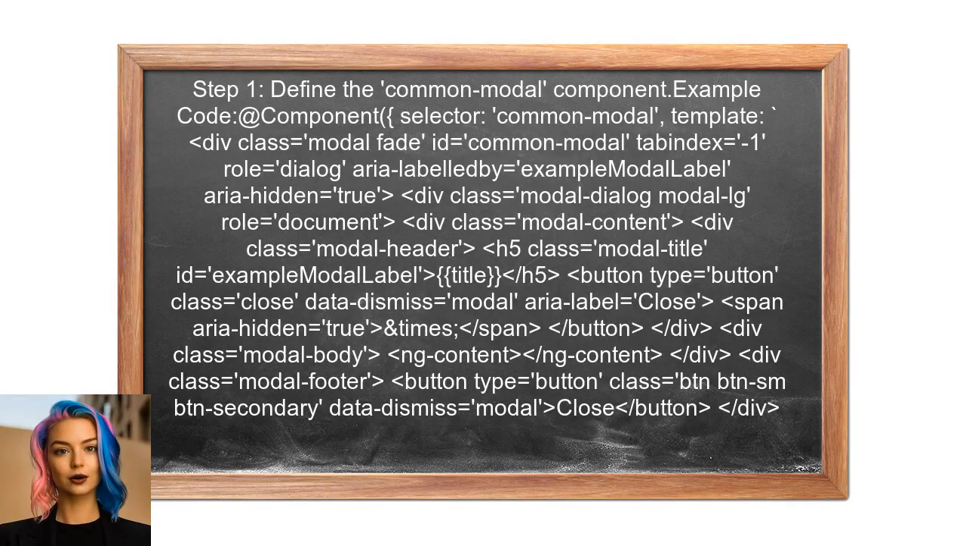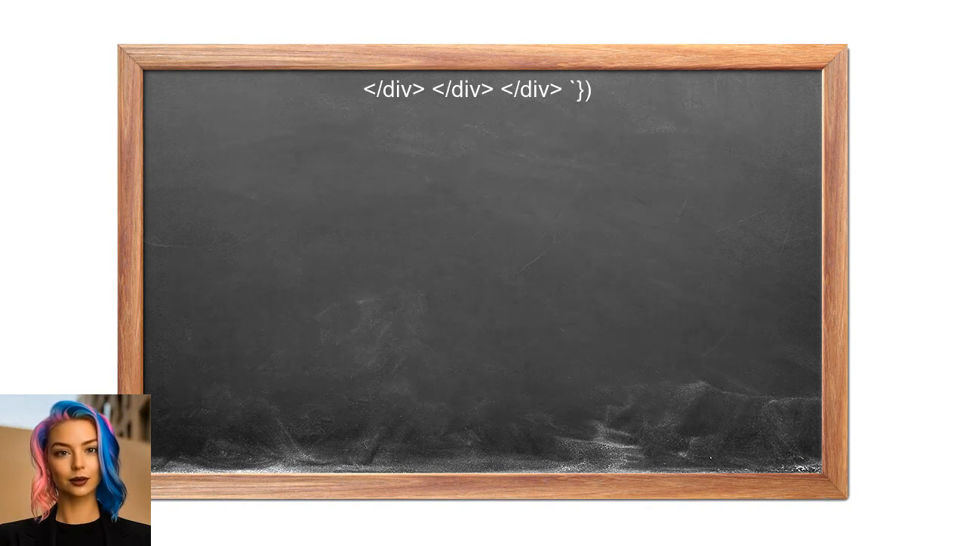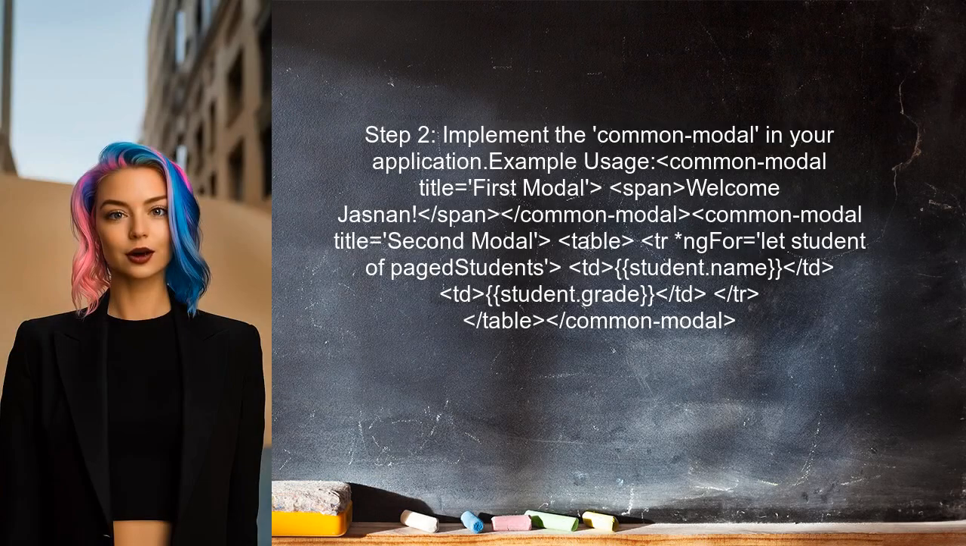To create a reusable modal component in Angular, the user should start by defining a new component called common modal. This component will include the modal structure and use content projection to allow dynamic content. Next, the user should implement the modal in their application. They can use the common modal component by passing the title and the content they want to display inside the